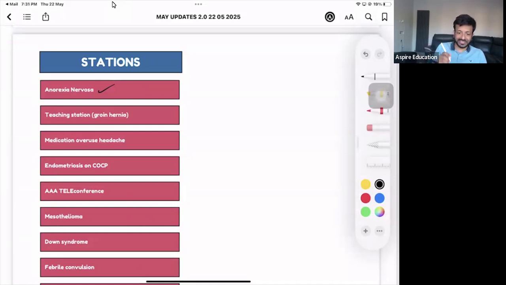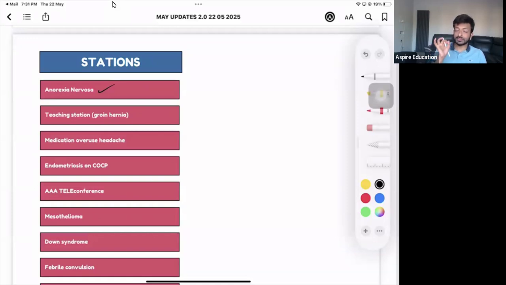So if this patient understands that, yes, I've got anorexia, I have to listen to my doctor, I have to listen to my family members, you may be able to discharge this patient and then call the patient for the follow-up, and then you can do the assessment. Right. Otherwise, if you see the patient is not listening to you, not agreeing to you, you can keep the patient against their wish as well under the Mental Health Act. So that is very, very important.